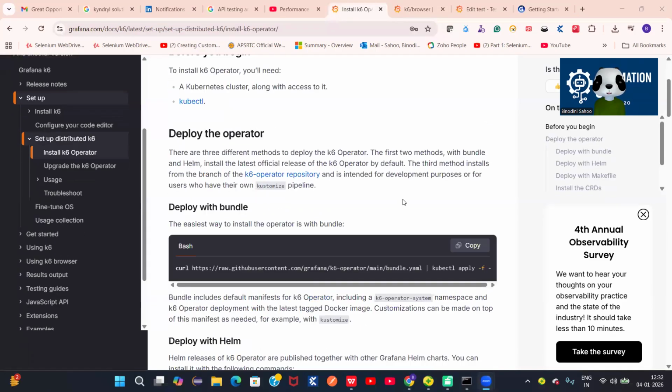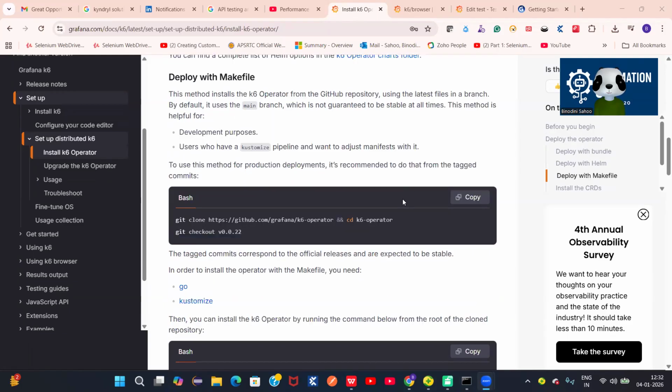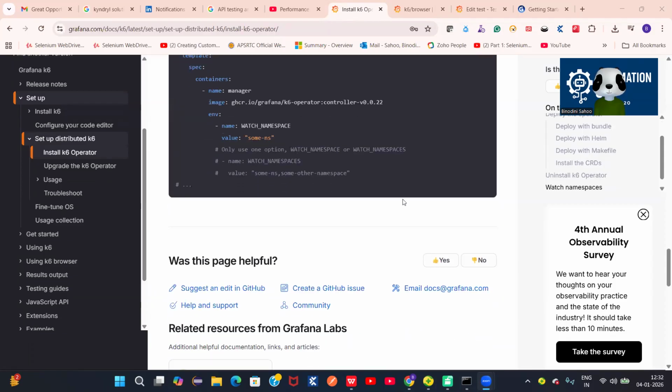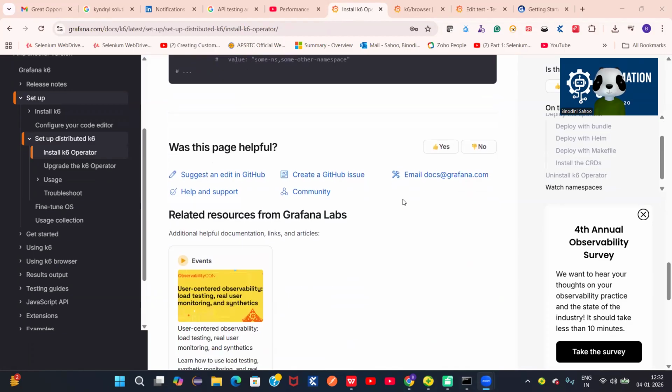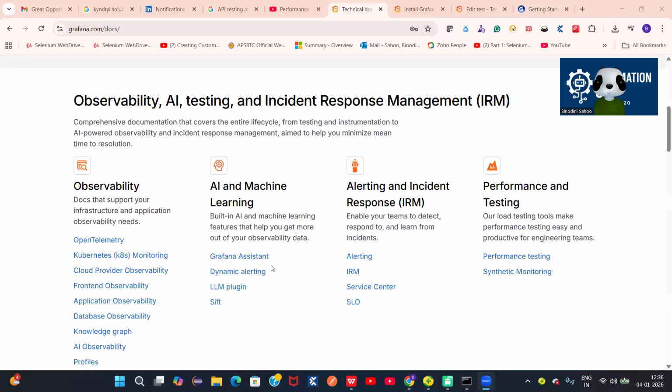Yes, if we go ahead with the operator, you can use this bundle, helm, makefile, CRD operator. So, installation of